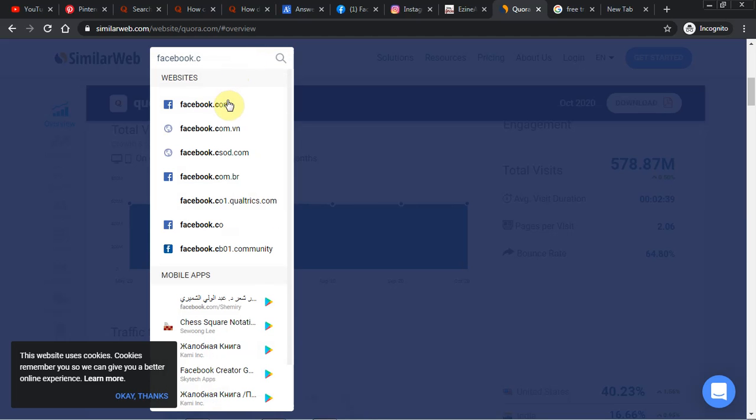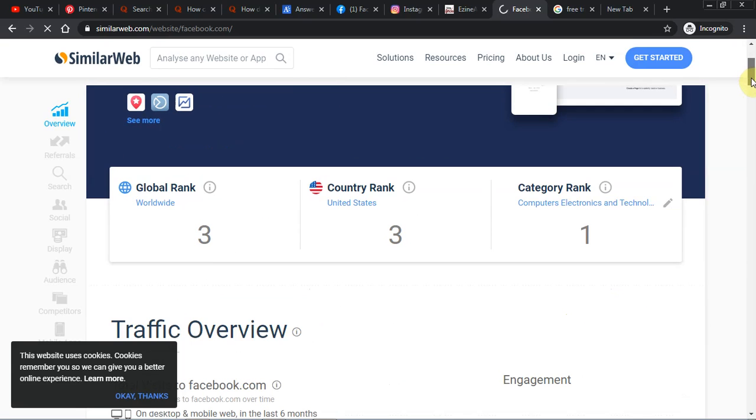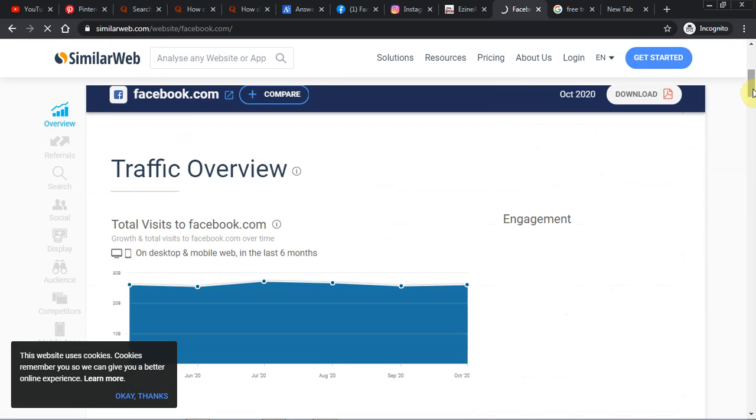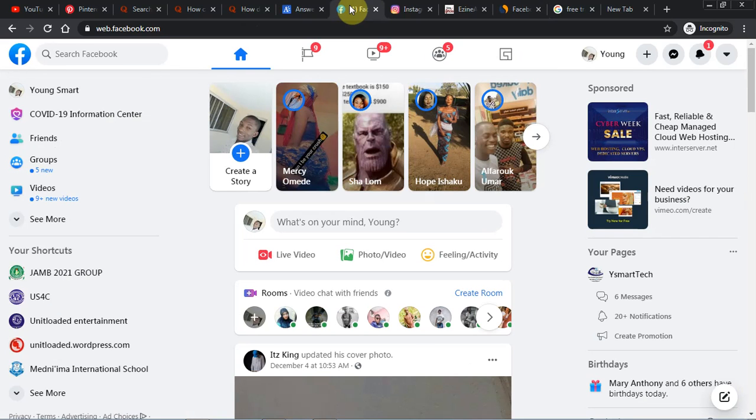Facebook.com. Okay, Facebook is the third largest website in the whole world. Okay, and also in the US. As you can see, it's getting about 6.12 billion unique visitors per month. So use this Facebook wisely, because they have started some new